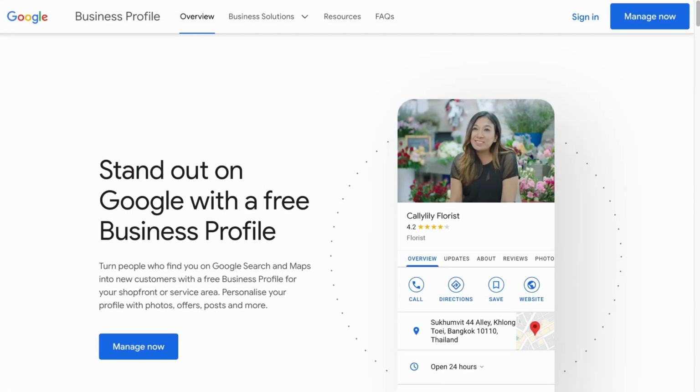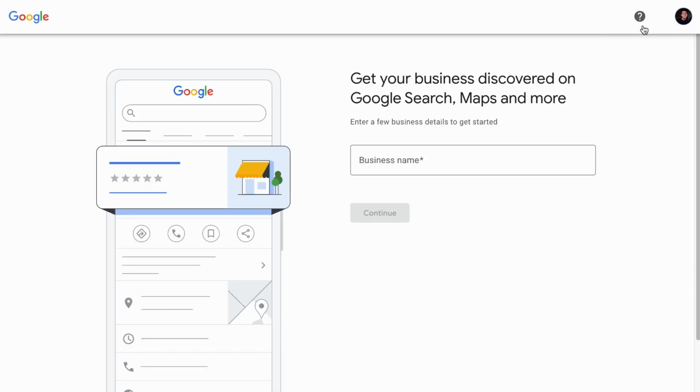For now, let's assume that you have started a new business. What you want to do is to sign in with the Google account that manages your business profile, and it will ask for your business name. This is straightforward. It could be your registered company or business name, brand, or whatever name your customers can find you. Now, this is important.